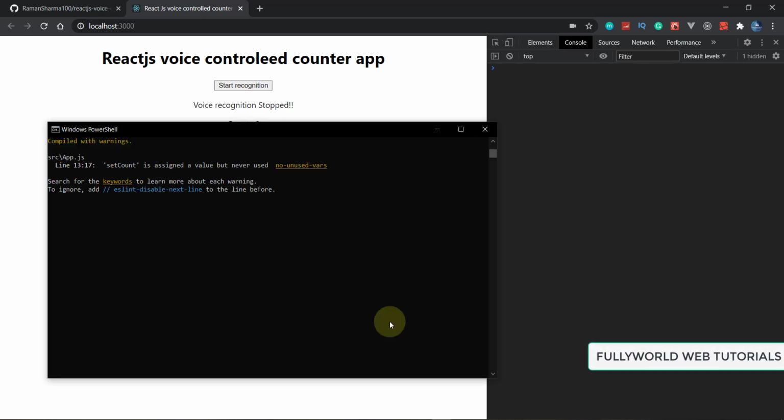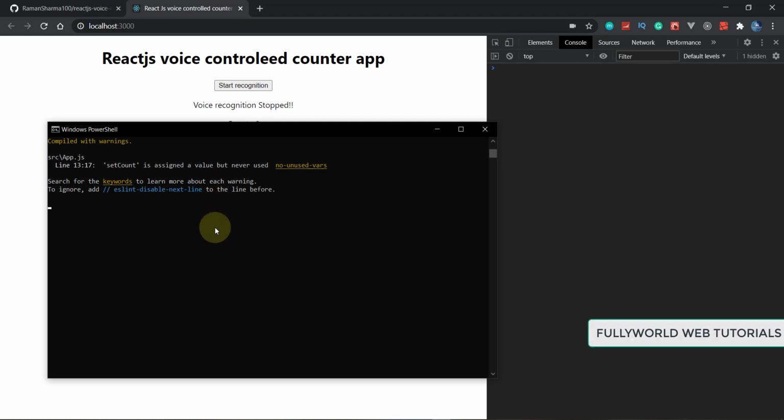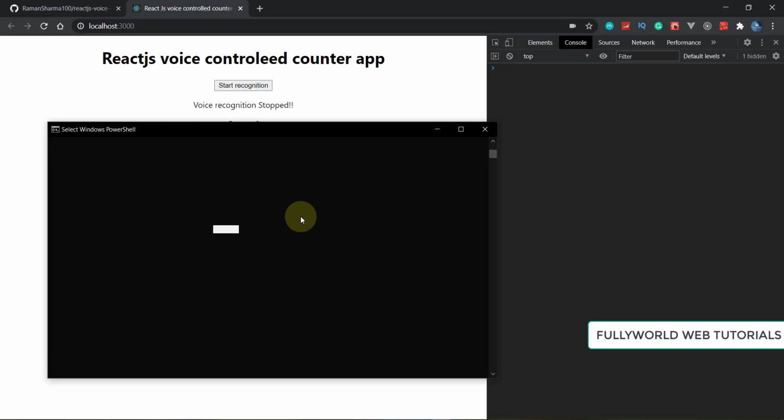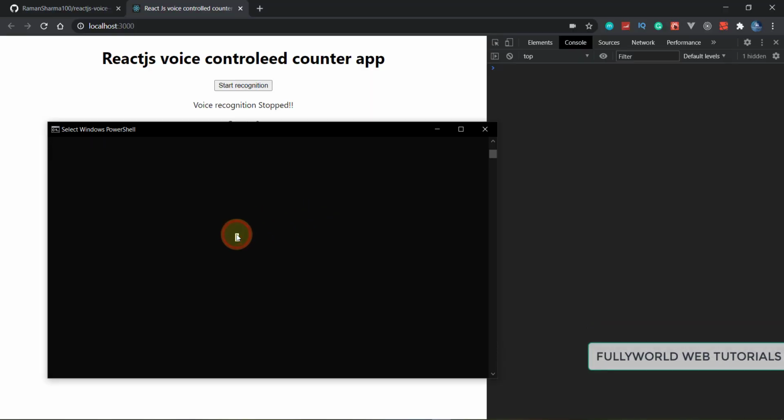Here I think it should be compiling. So it is compiling. Please wait for a while until it is compiling. So it is compiled successfully.